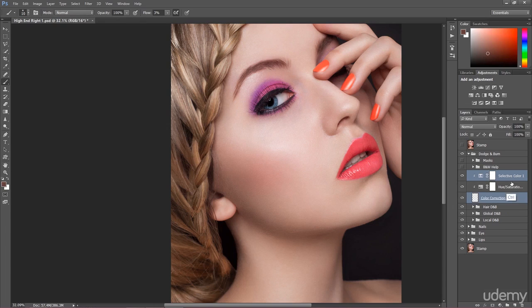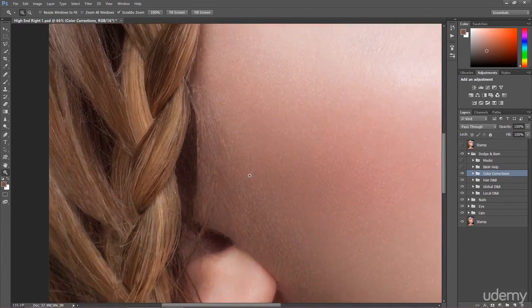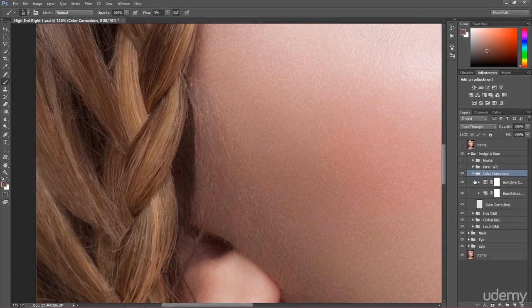So I'm going to put this into a group because I don't want to mess up. Control Command G. I'm going to call this color corrections. And it looks really nice. I could use some dodge and burn a bit later to adjust a few other areas,